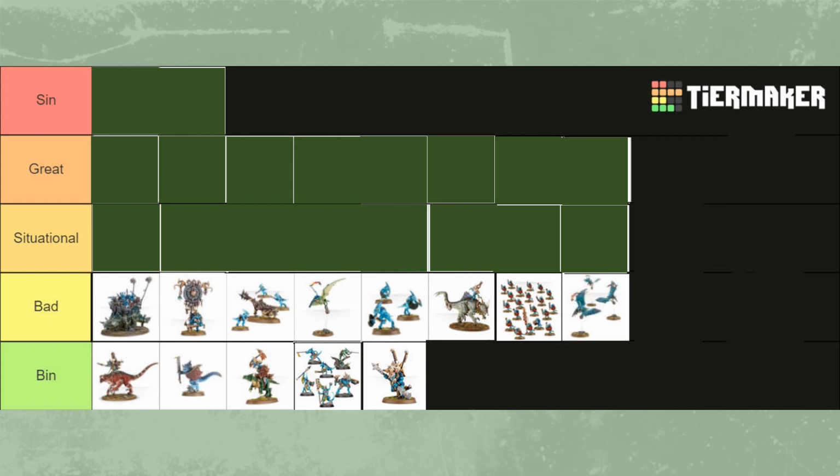The regular Stegodon, a little bit better in Thunder Lizard when it becomes battle line, but still 270 points for a 10 wound monster with a 4-up save is just asking a lot in the current metagame. Moving up to Situational, we have